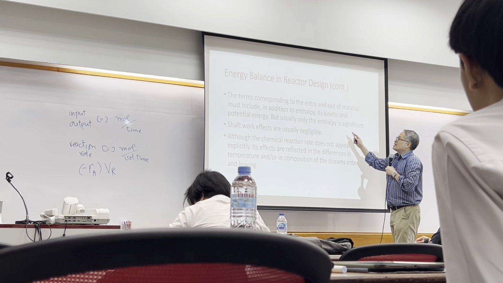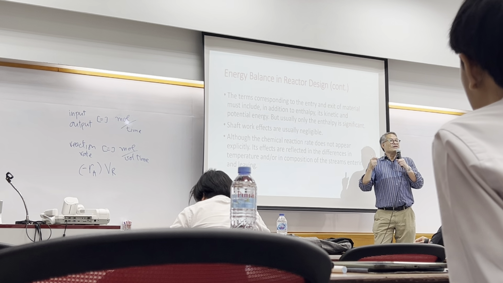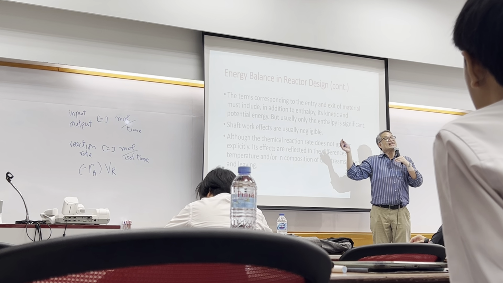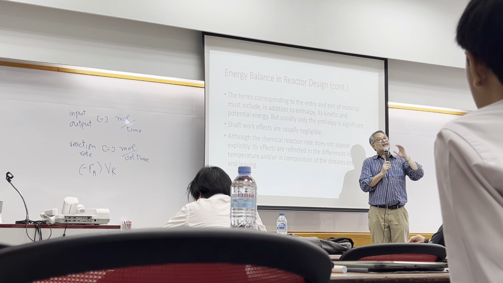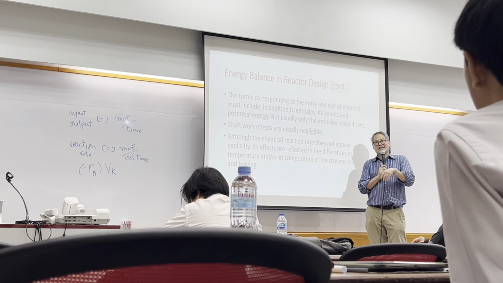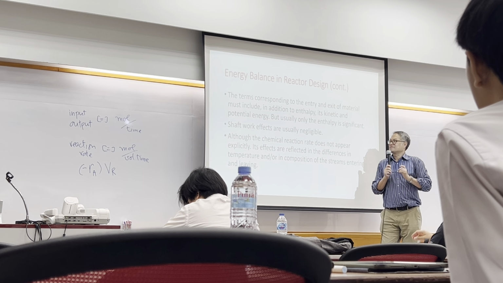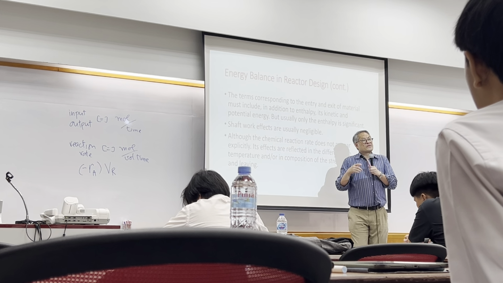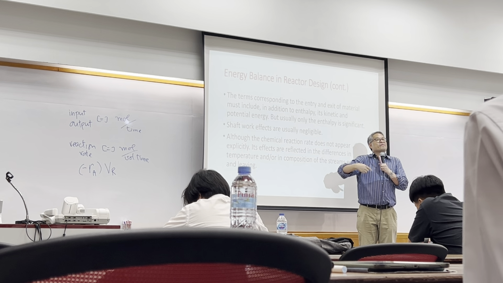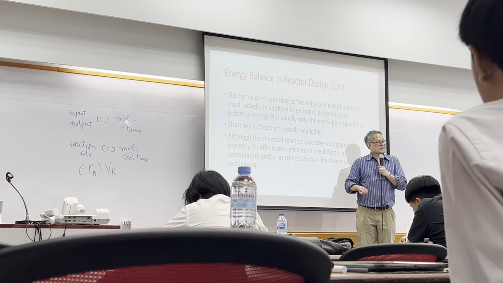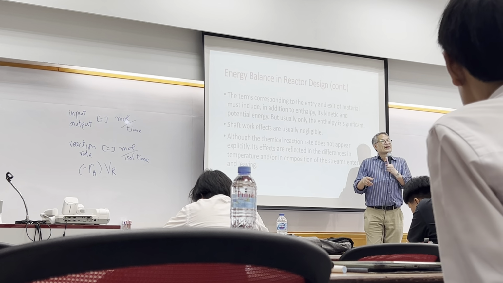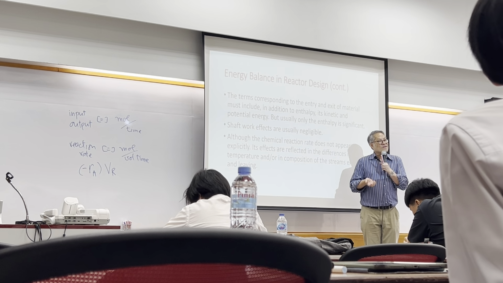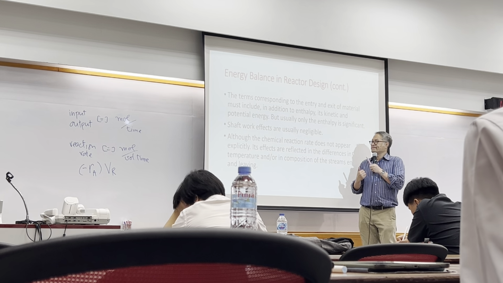But usually enthalpy would be large compared to potential or kinetic energies. So we usually neglect the potential and kinetic energies, okay? Focus on enthalpy only. And then shaft work, for a tank reactor, shaft work comes from the work of the propeller, okay? But compared to the heat transfer, usually the shaft work term is small, so we can neglect it,